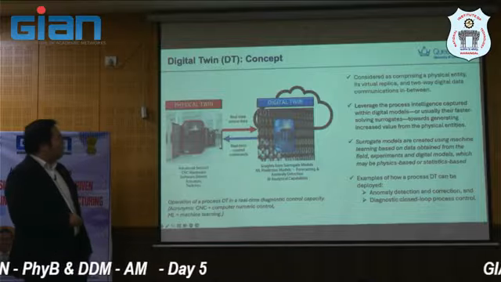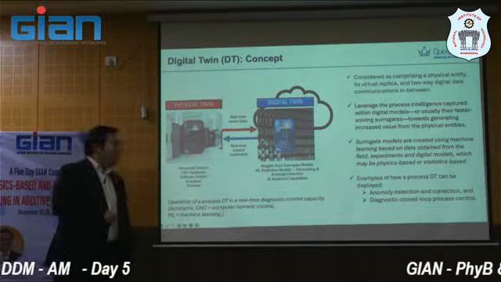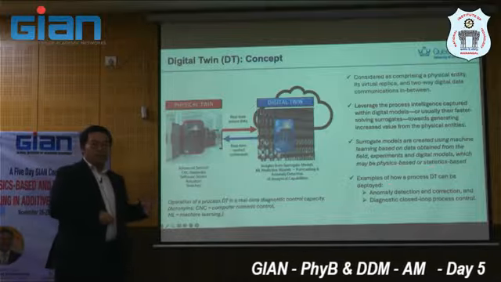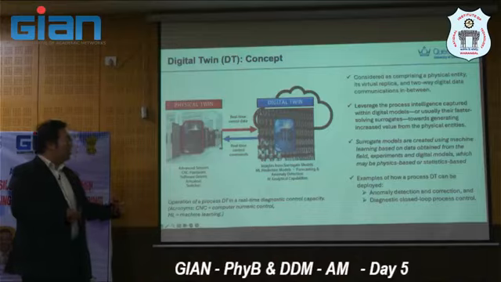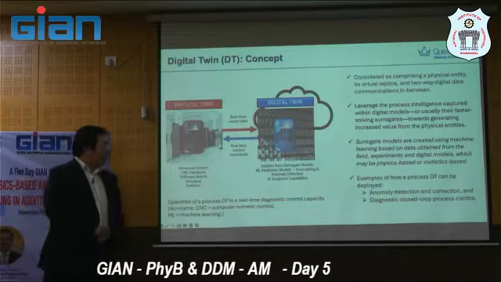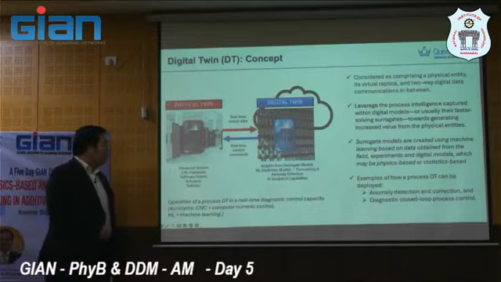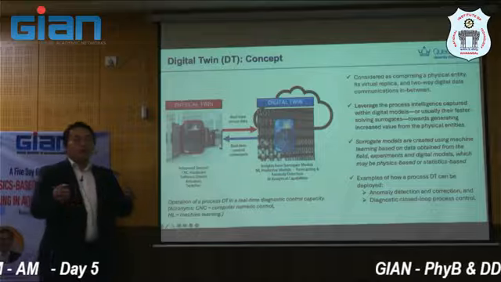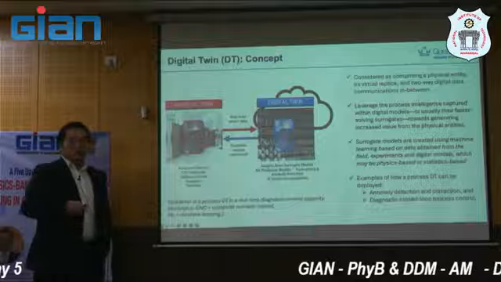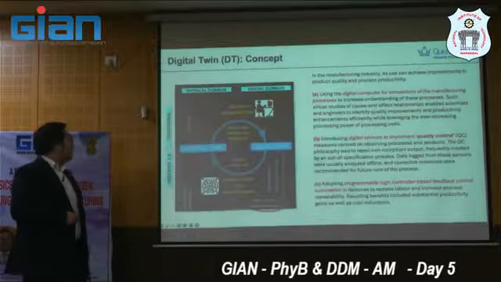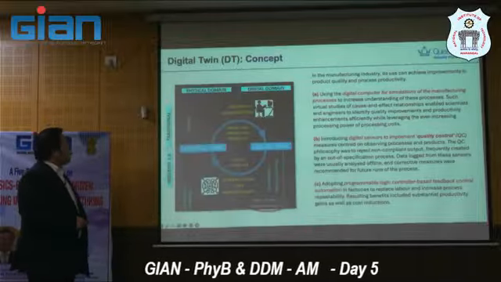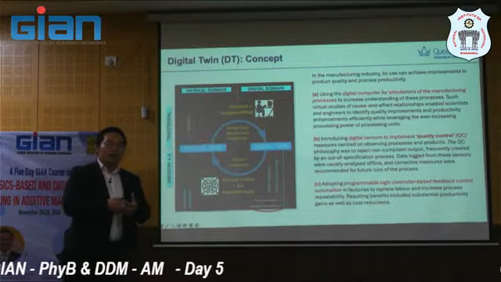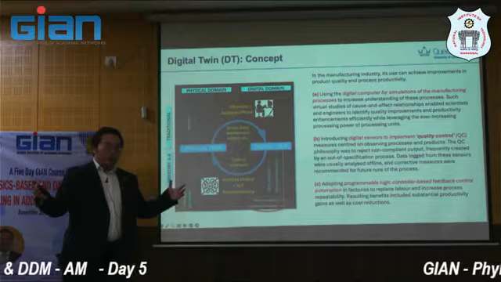And to give an example of the benefit of this process, digital twin will be deployed in anomaly detection, correction, and then diagnostics, causal process control. And that is actually what we want to do, is our vision to make it happen in the near future. So actually in the manufacturing industry,